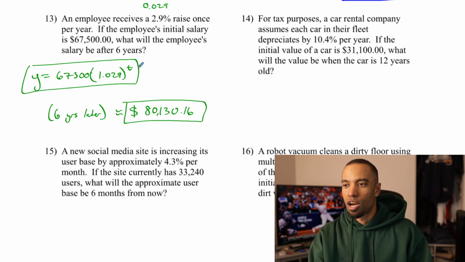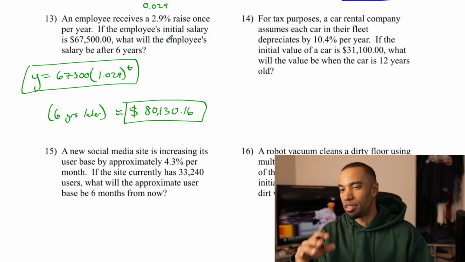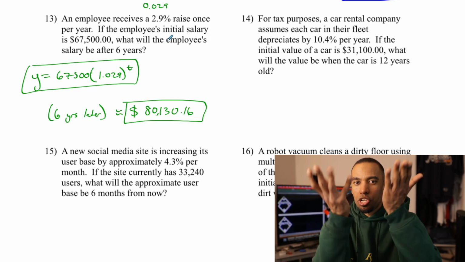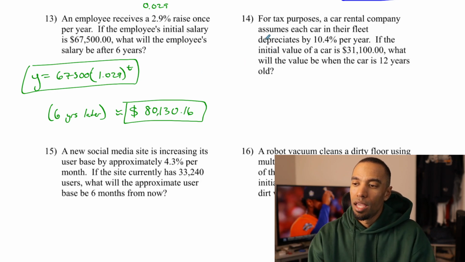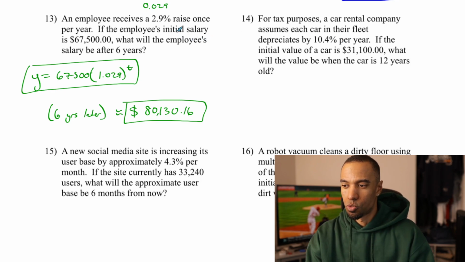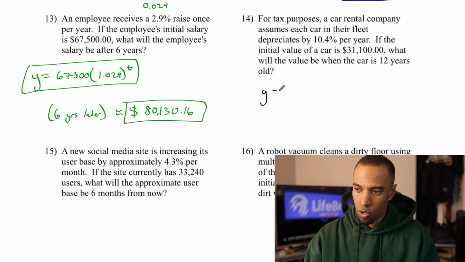For tax purposes, a car rental company assumes each car in their fleet depreciates by 10.4% per year. Their value is going down. There's an appreciation and a depreciation. 10.4%, we're going to take off of 100%. If the initial value of the car is $31,100, what will the value be when the car is 12 years old? So our model,